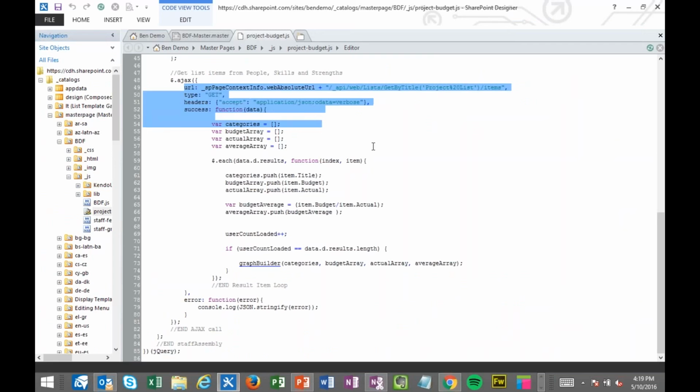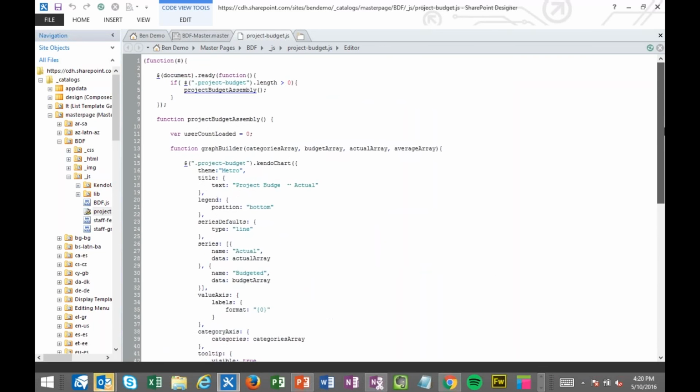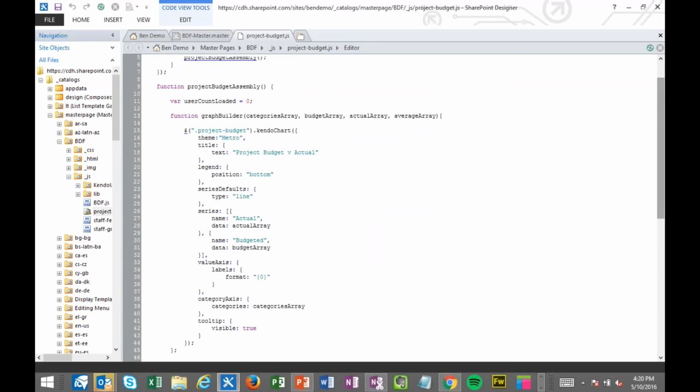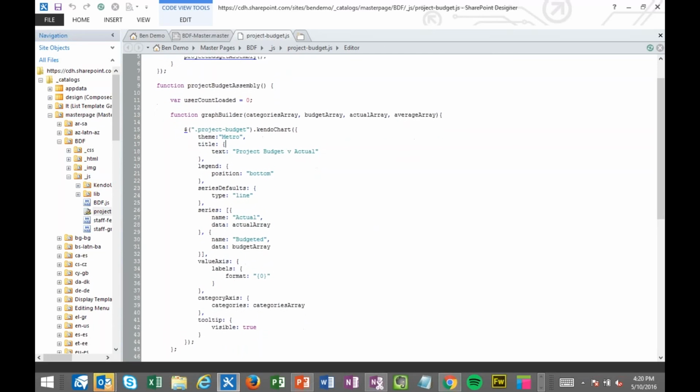So down below here, we've got our query, and if we get a successful return, and we do, you saw that huge wall of text is going to be coming in, so then what we can do is use jQuery to iterate through that and start to create arrays based on each of those. So once we've iterated through completely, we call our graph builder array, and then we send in the categories, budgets, actuals, and I put averages in there, which we don't actually see on the front end, but what we're then doing is calling that graph builder, and those parameters that get sent through are then used here in the Kendo